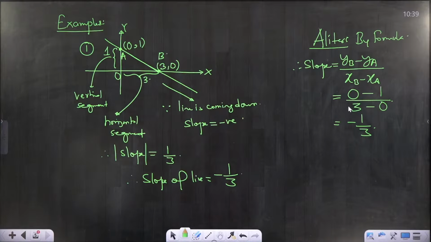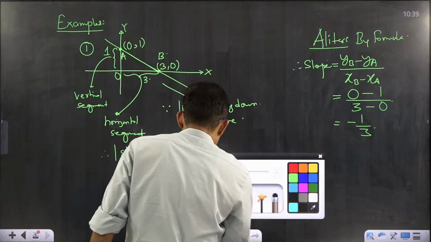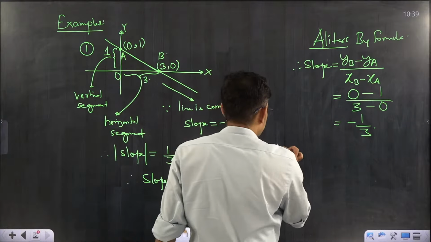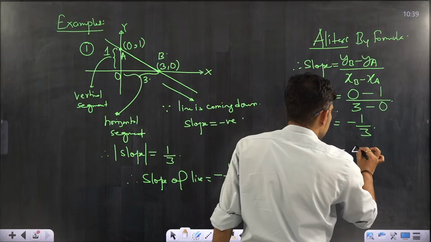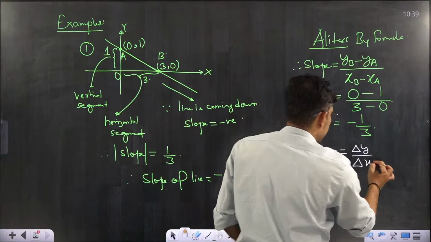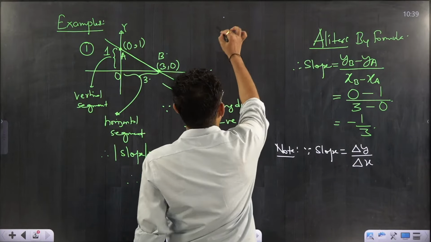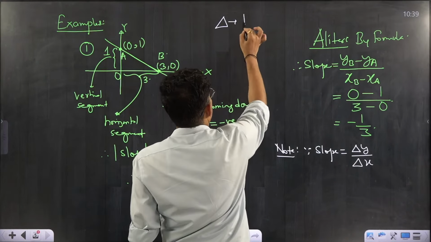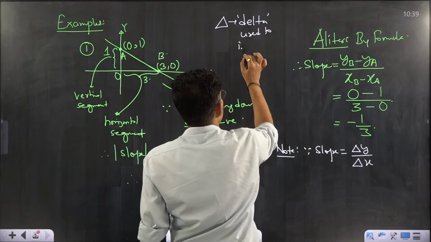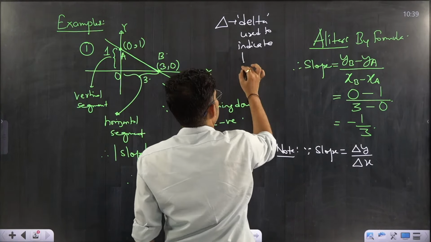Clear? Okay. Now one very important result which we can write from here. Since we saw slope is change in y or difference in y by difference in x. Delta, this symbol I am using, in Greek we call it delta, used to indicate difference. When you are finding difference in mathematics, we use this symbol delta. So slope is change in y coordinate and change in x coordinate. So therefore, if you have a vertical line,